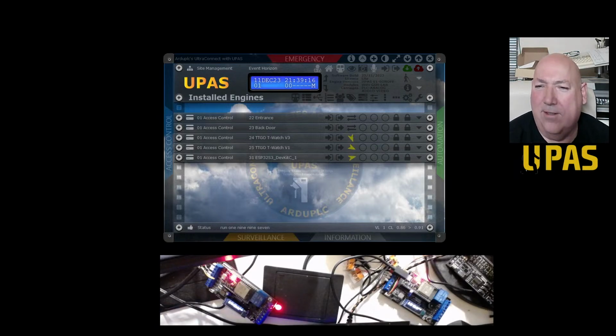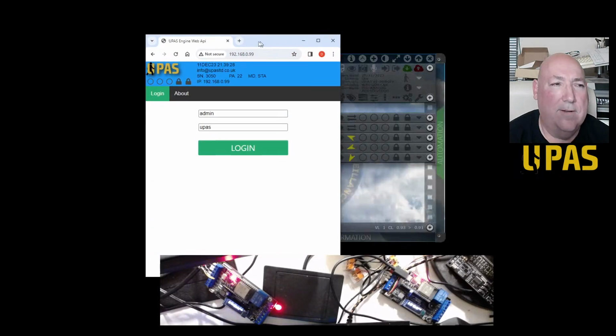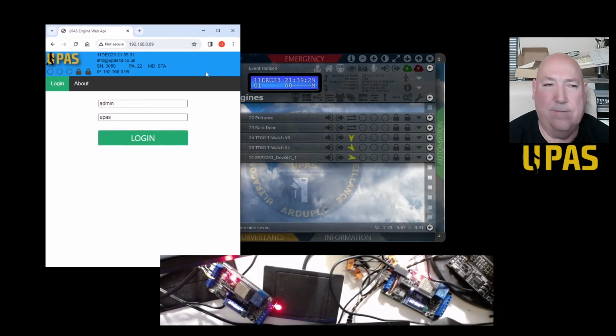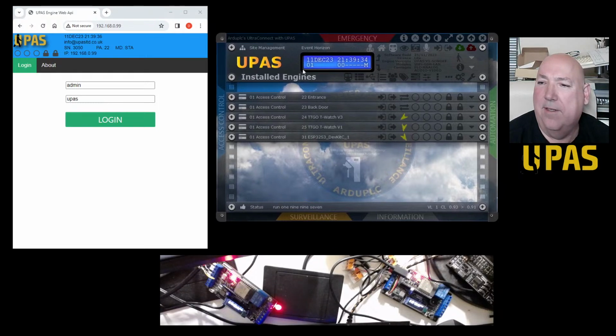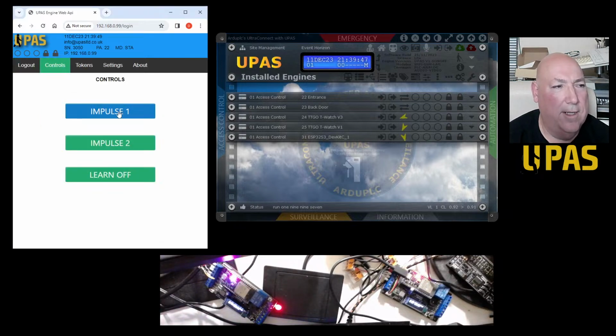Anyway, back to this. Yeah, so you've got your software which will talk to your web API. So we've got web API there. Let's get that up out the way. Yeah, so I can either click that there and it'll reflect it on there. This one locks it open, or I can log in and click on Impulse Relay 1. I've got to rename this, and it'll highlight that and also reflect over here.